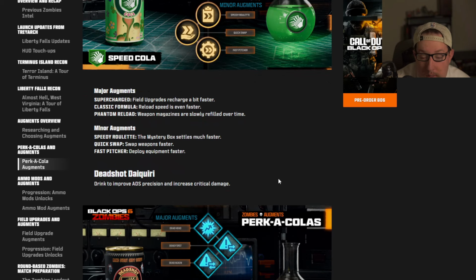So now we're with Speed Cola: supercharged field upgrade recharge a bit faster, so that's pretty good. Reload speed is even faster, and weapon magazines are slowly refilled over time. So those are pretty good. I'm pretty sure that was, yeah, it's named Phantom Reload, which is the name of an elixir in Black Ops